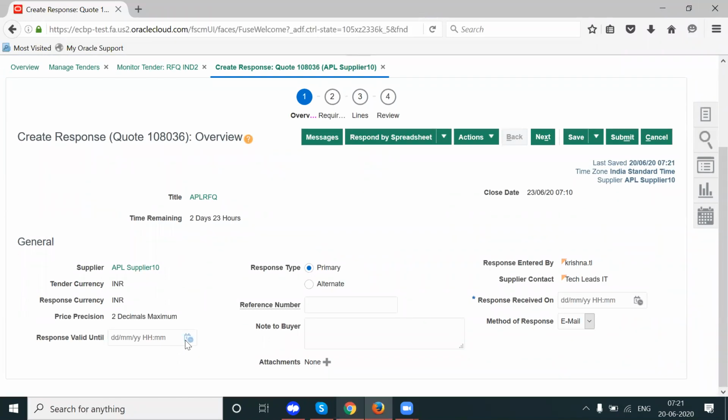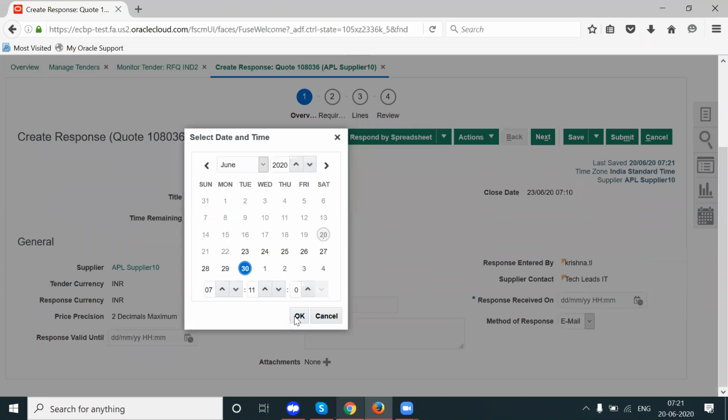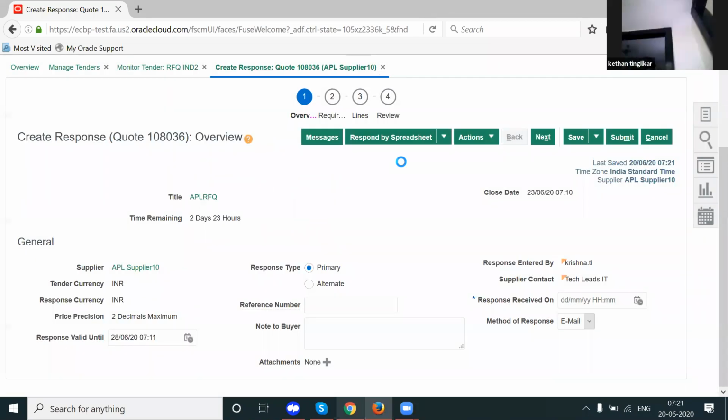And the response is valid till month end. Or I would like to rule out this supplier. So what I'll do is my response is valid just till 28th.